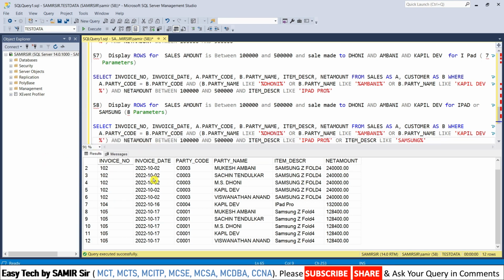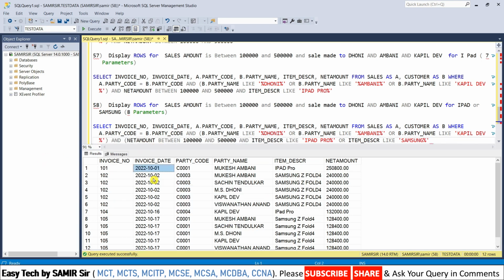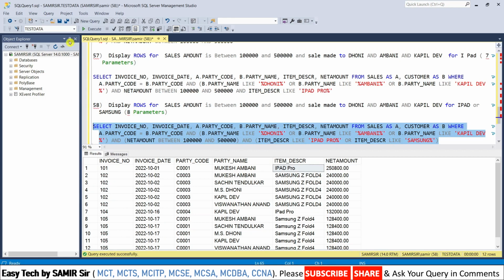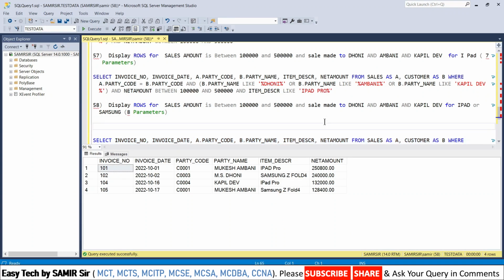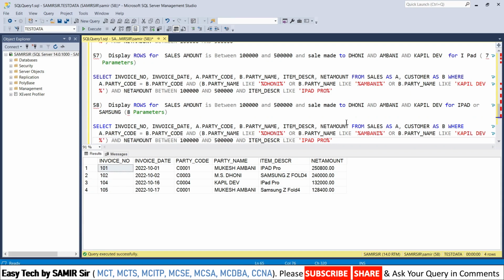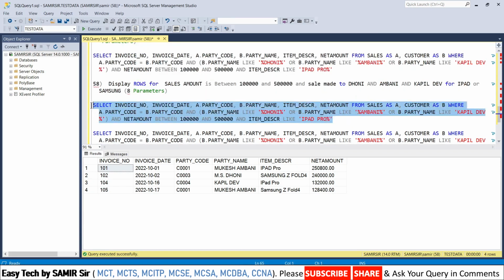Similarly, if you want, you can put it this way also, where net amount between 1 lakh and 5 lakh. Let me segregate. Here item description like iPad Pro or item description like Samsung. There are multiple conditions. Put it this way and execute it. Now it is giving me the right answer. Let me show you what was the wrong part. This was the wrong condition. Without segregating it, without arranging it into a bracket, it is giving me